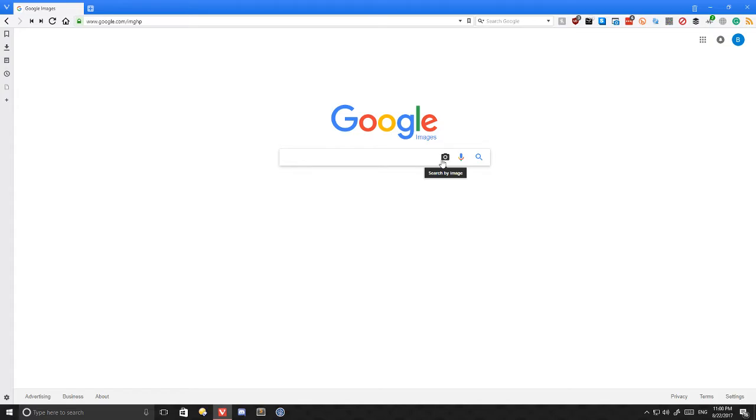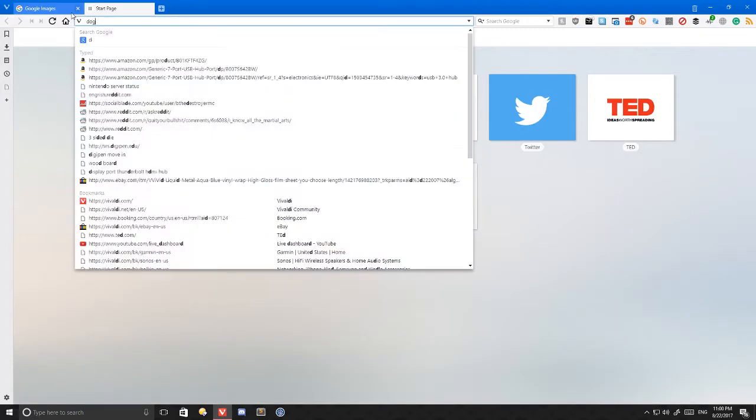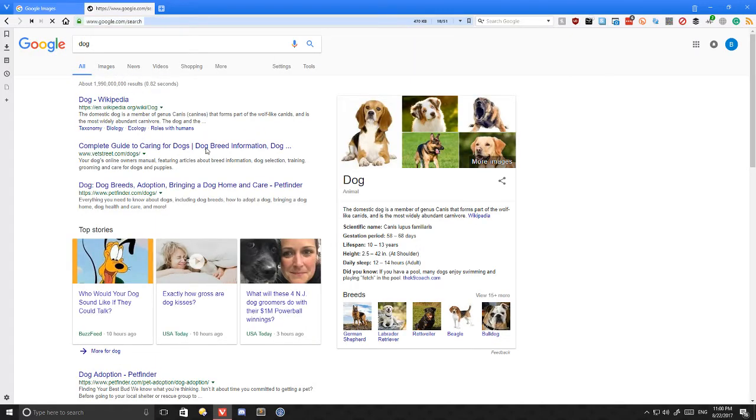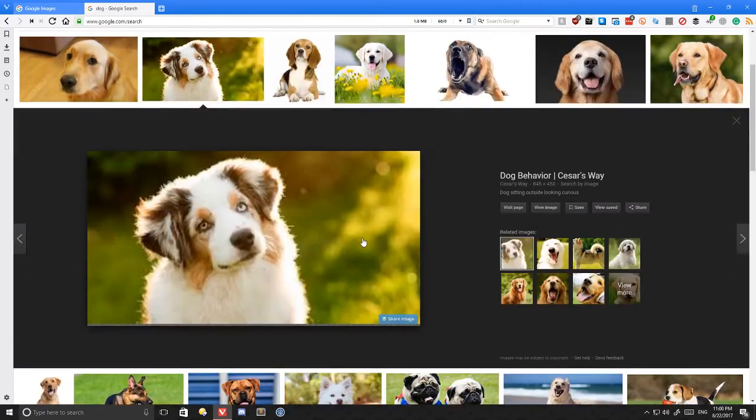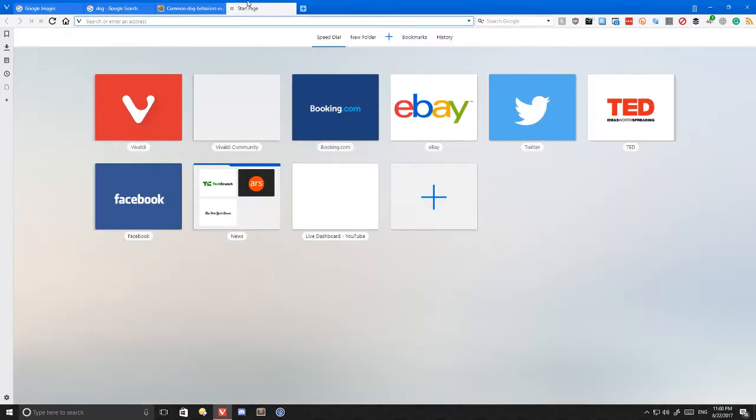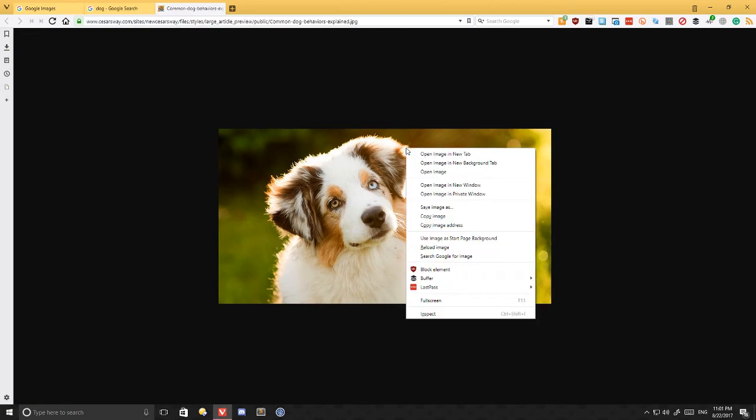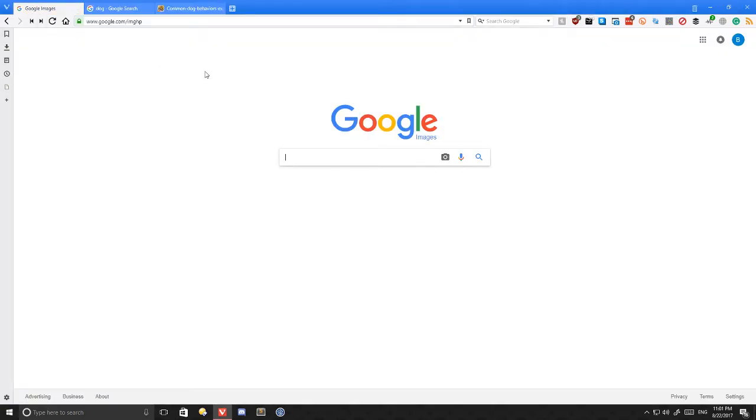Let's say someone's like, oh, I took this picture of my dog. If I Google dog. So if I see a picture of someone's dog and they're like, wow, look at my dog, I just adopted it. What you can do is you can copy this image,